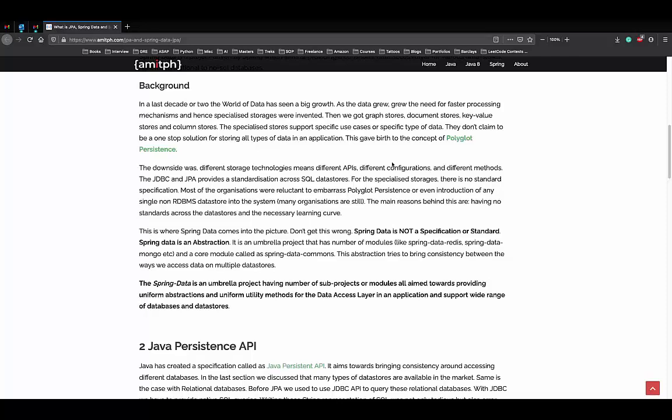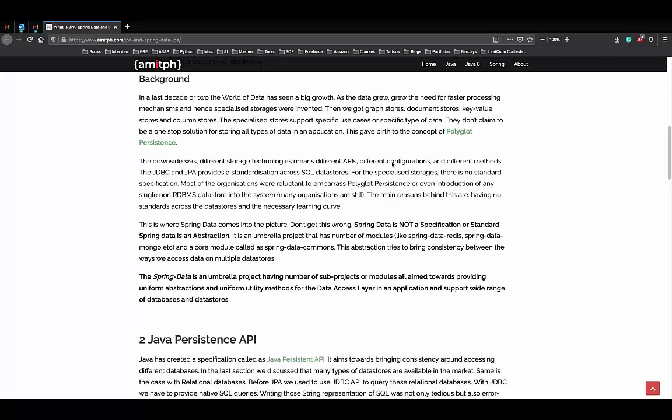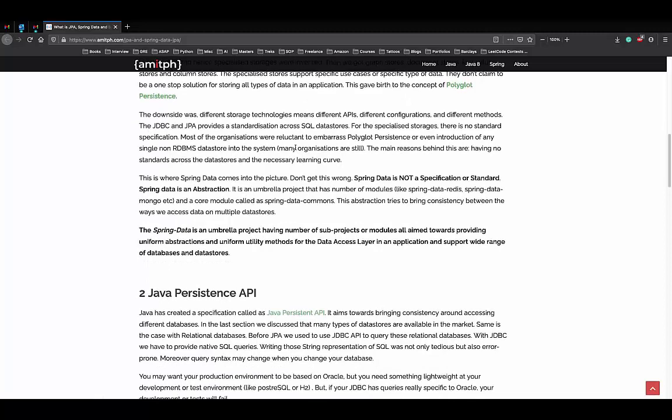So we have things like graph databases, document databases, key value databases, and column databases, rows and columns. So SQL, NoSQL, all of that. And while none of these are a one-stop solution to store all types of data in a single application, we have something called polyglot persistence, or basically you use the kind of database that is required for your specific type of problem. So for example, if you have a very big e-commerce website,